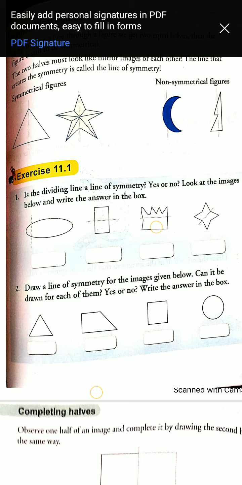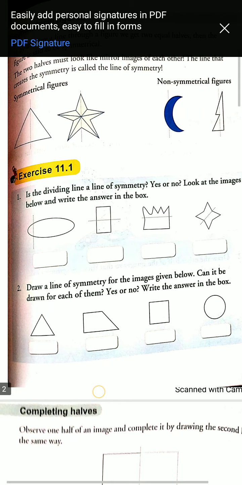The next one, see here. Upside, a zigzag line is here. Looks like a clown here. Downside, a box. Is it symmetry? No. If you see the image's line, the backside, then is it symmetry? No. Symmetry means whenever you draw any line that divides it into two equal parts, both parts look the same. Do they look the same?